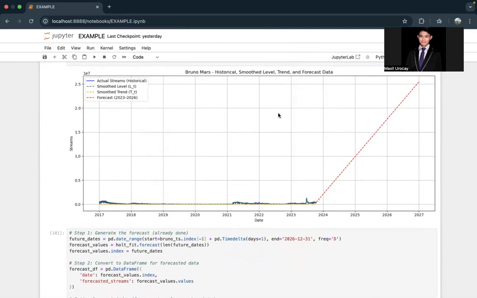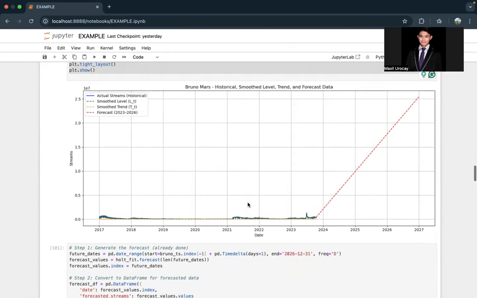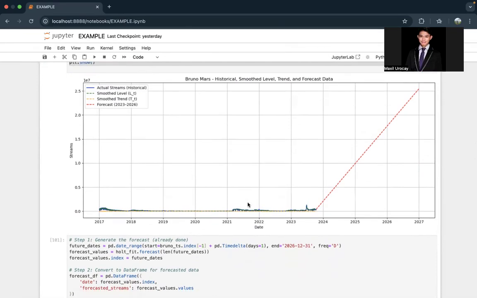Afterwards, this is my forecasted data, and I also showed the data set here. That's how you do that, after I've implemented the data set into the training of the model.